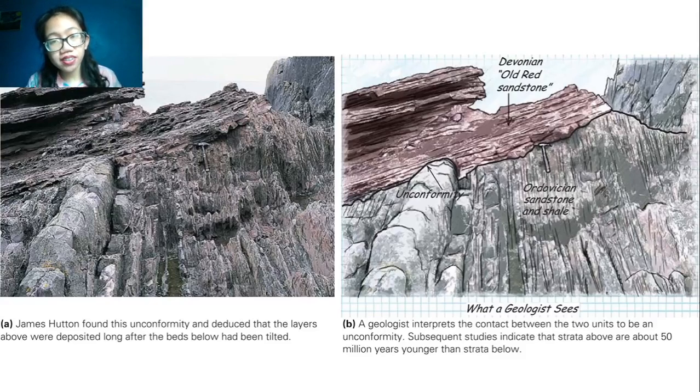In the last video, we discussed the principle of original horizontality. Normally, rock layers would follow a conformity, that sediments would always form a horizontal layer. But unfortunately, that's not always the case. Although originally they will form horizontal layers, eventually, because of tectonic processes, they may be pushed in another direction